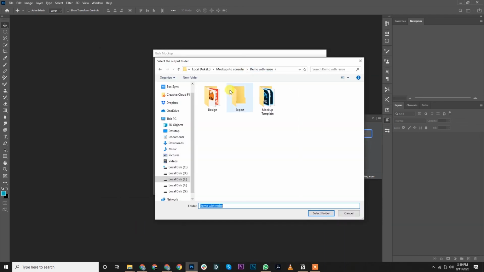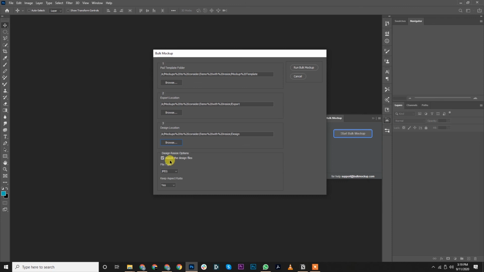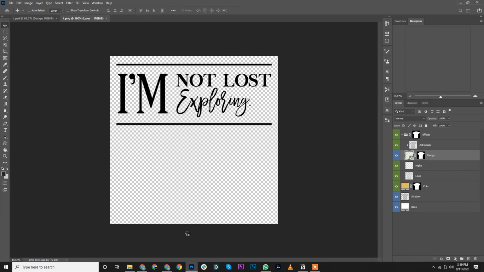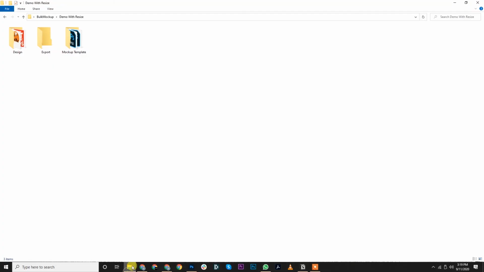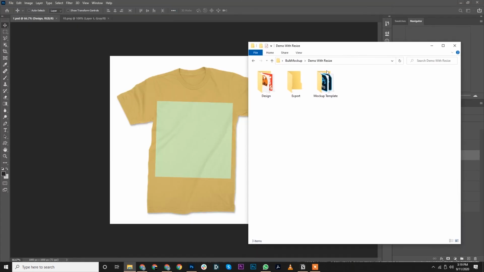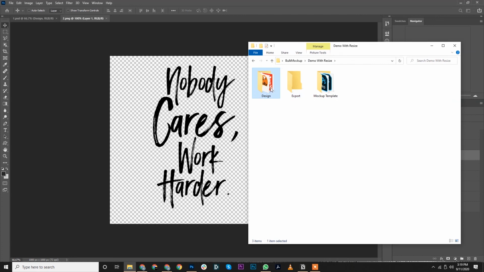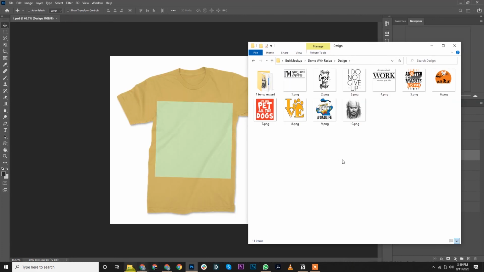I'll input all the parameters like the last time. We'll have the design resize option checked and select the other options. And we will click run bulk mockup. Bulk mockup will start its process and open the first mockup template. Unlike the last time, this time it first resizes the design files.